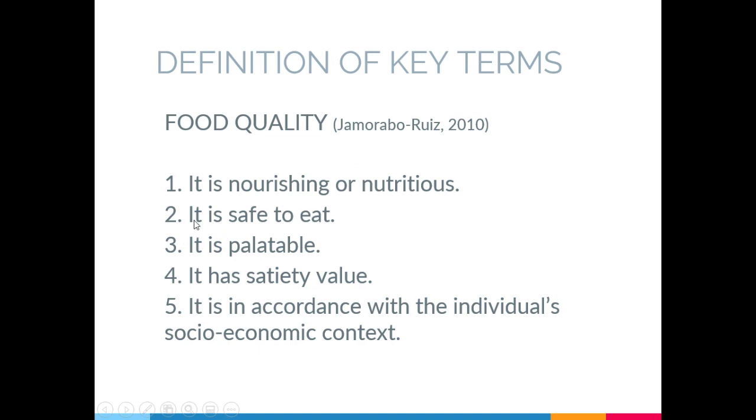Second is it is safe to eat. Okay, very important ni siya. Actually, more important than the first item, no? Because we want our food to be safe first before it can be nutritious. Okay? Kay kung unsa pa na siya ka nutritious pero dili di siya safe in the first place, so dili pwede. Okay? Kay kung dili safe siya i-consume, then that might lead to foodborne diseases.